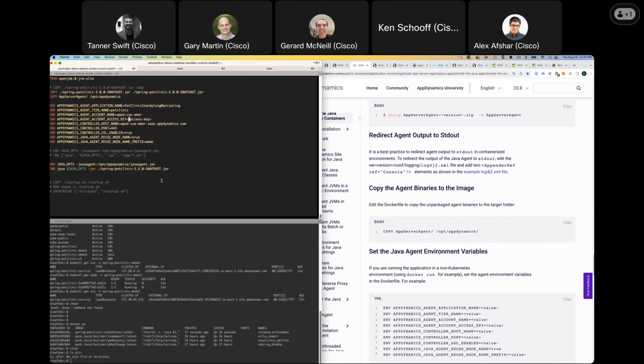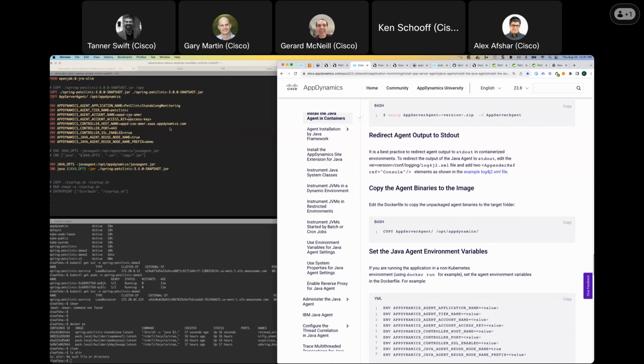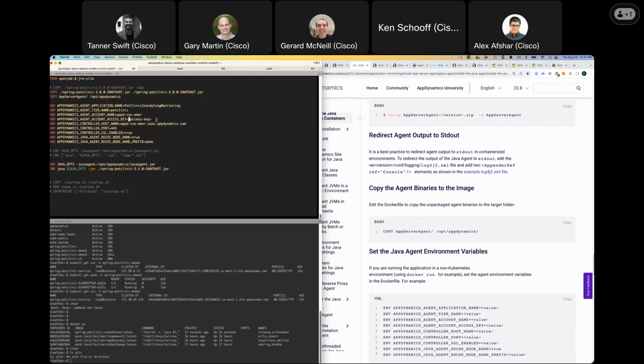Remember, we went through a step to generate the secret for that. But this one here is where you plug in the access key. I won't show it to you now, but this is the other information you need to get everything up and running. You modify your Java agent system parameters,